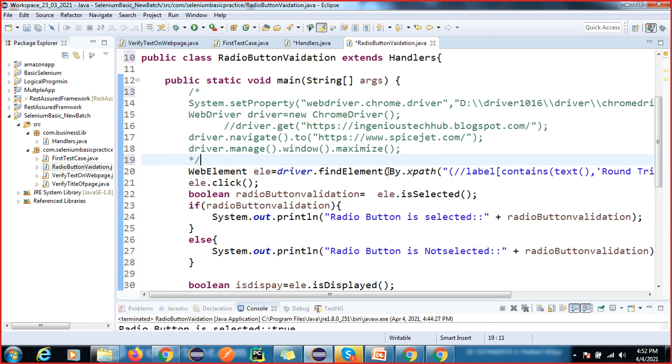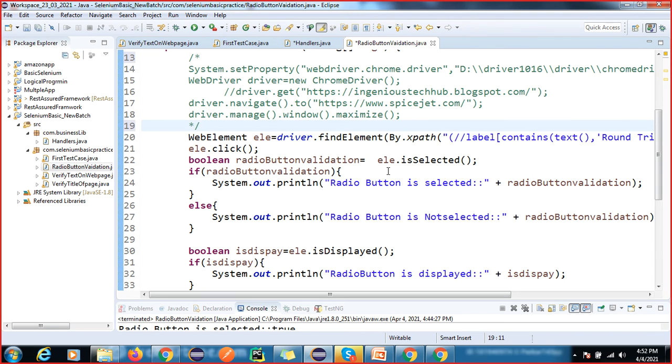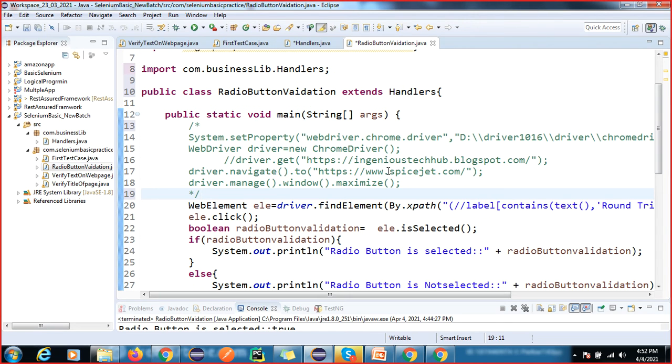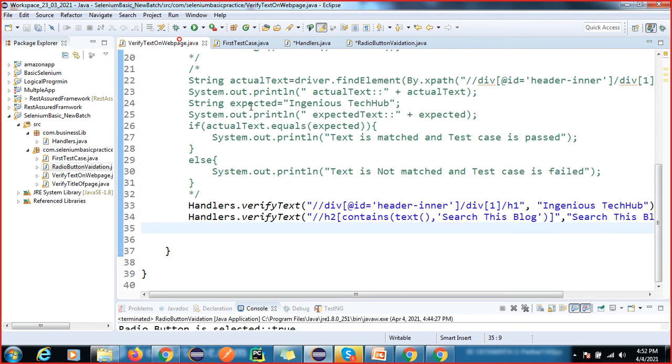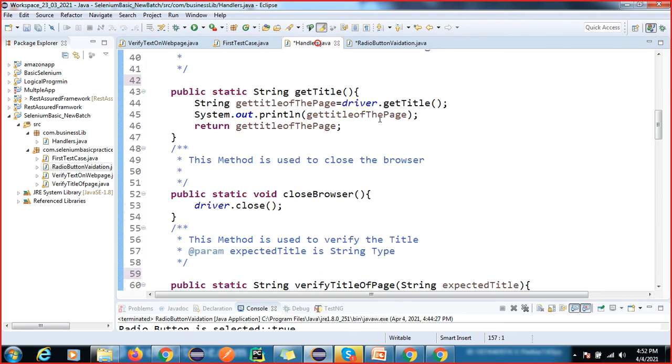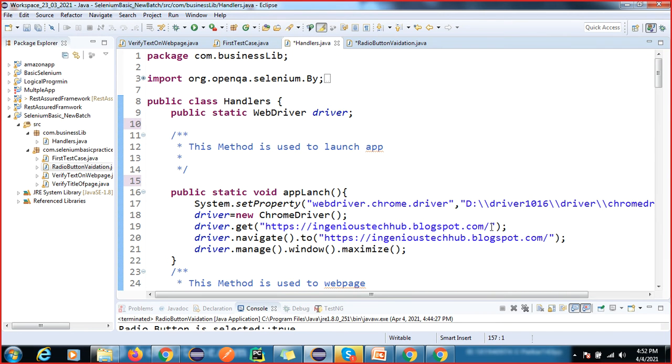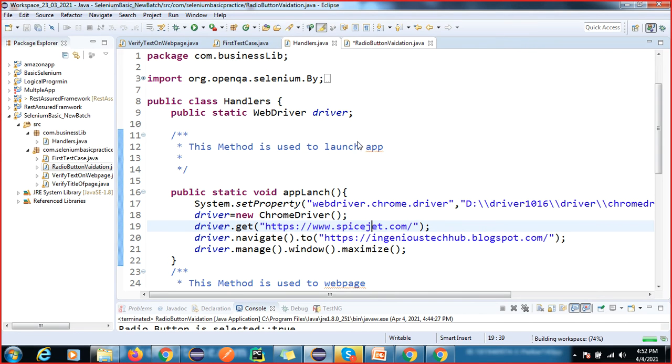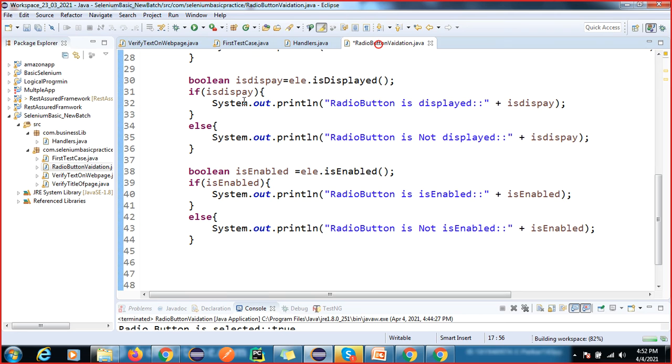How will this work? Oh, okay, I commented this. Oh, fine. So this one I have to change the URL name in the launch app. Okay, so now we have changed the URL name, and we'll go here, and that is fine.